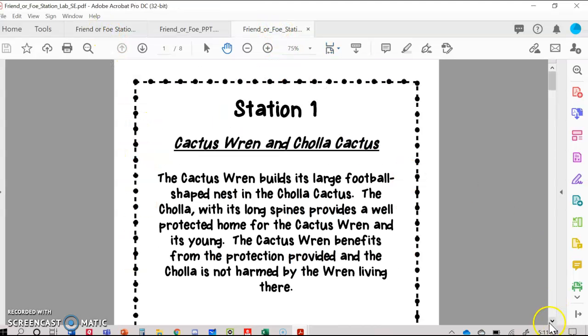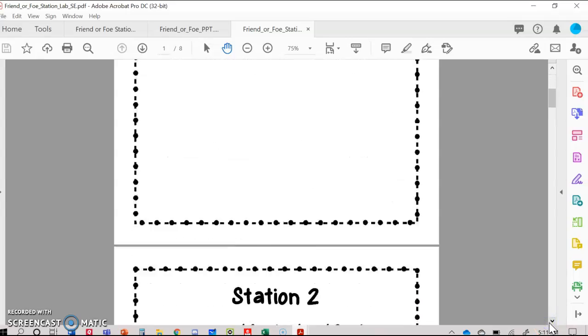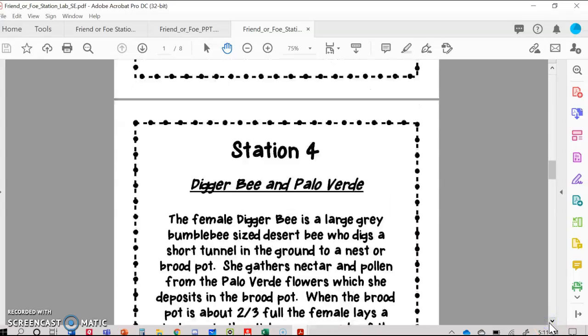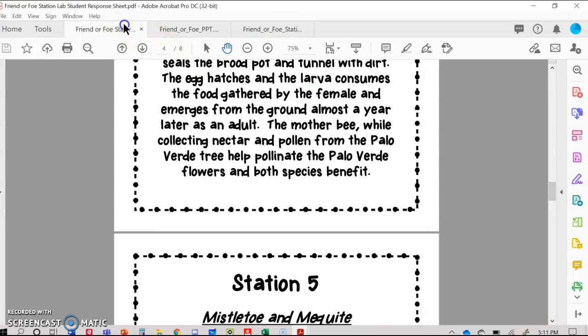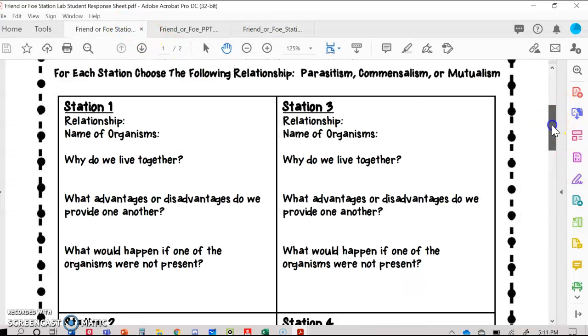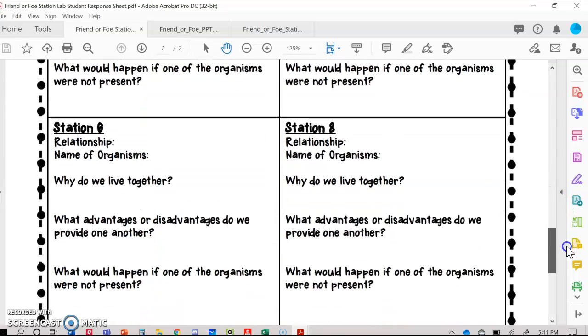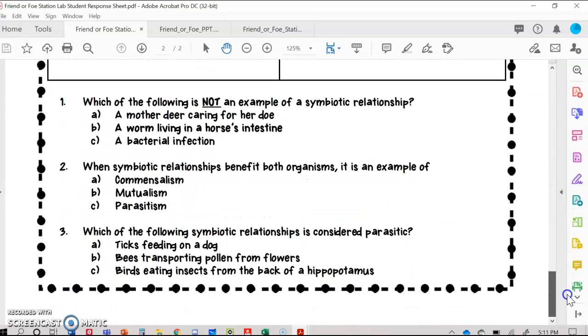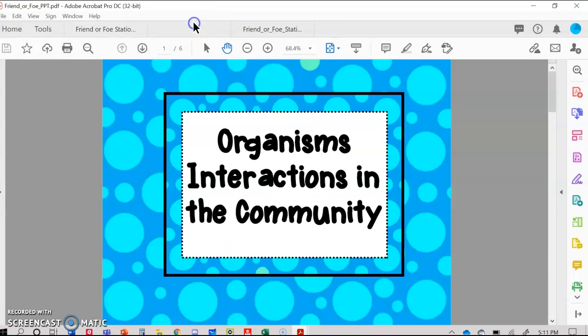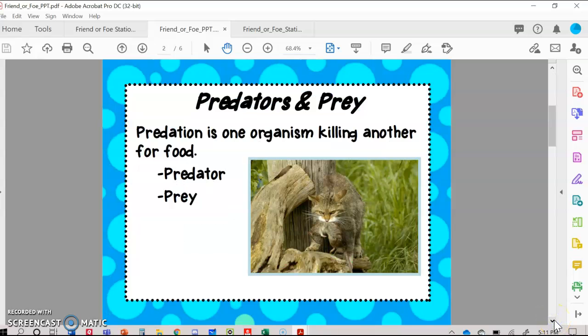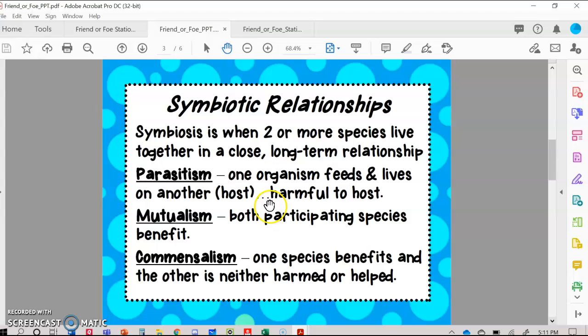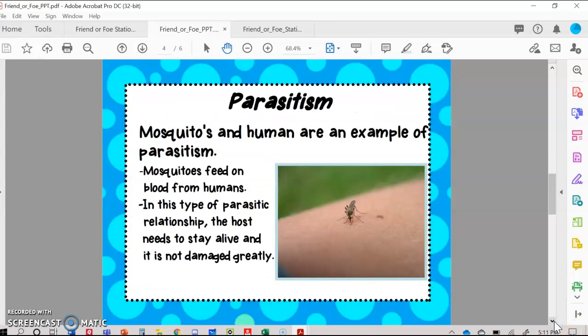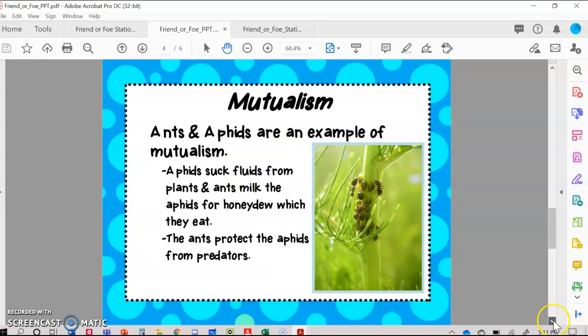And you can scroll down here, Station 2, and it keeps on going, and it keeps on going, okay? And there are, let's see, I think there are 8 stations. And then there are some questions here. I also put in this PowerPoint presentation where it talks about predators and prey. It actually gives you the definition of the different symbiotic relationships, gives you an example of each one,